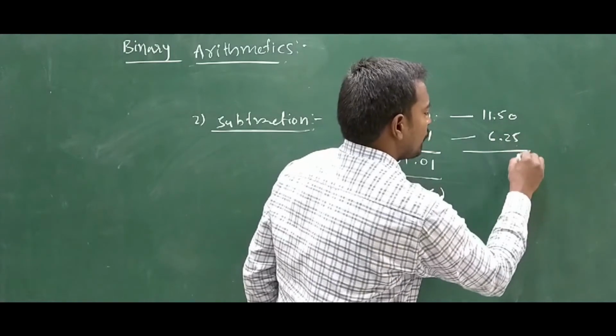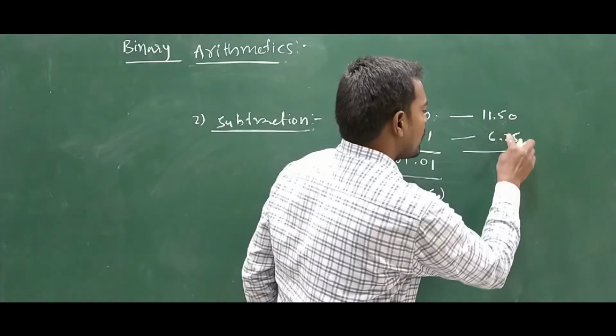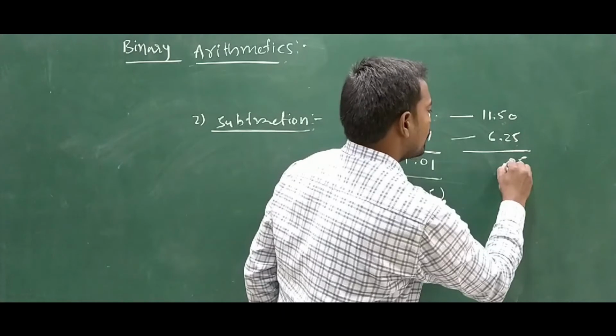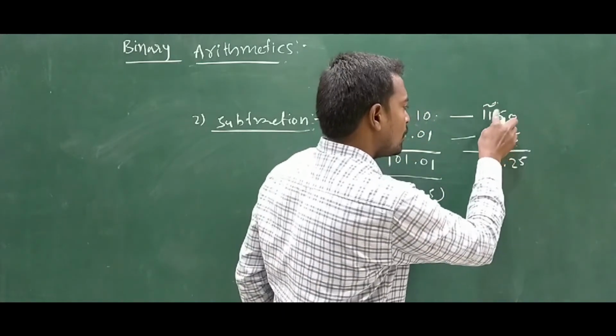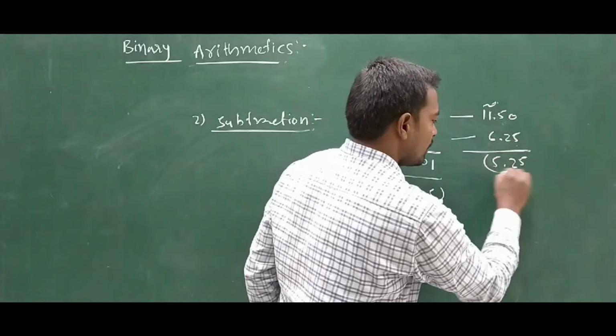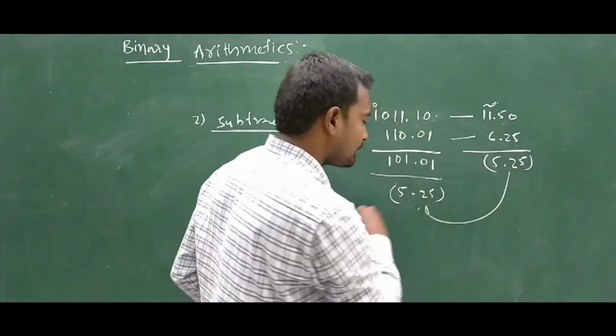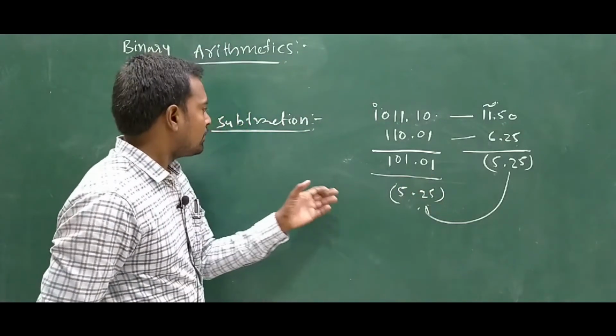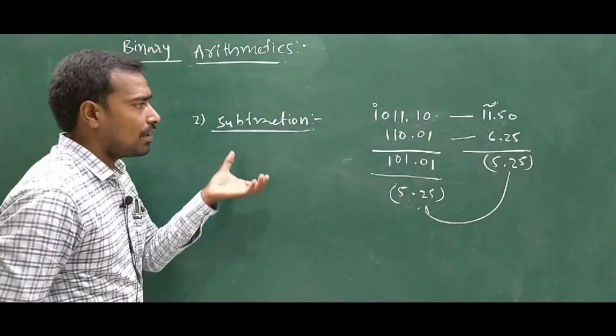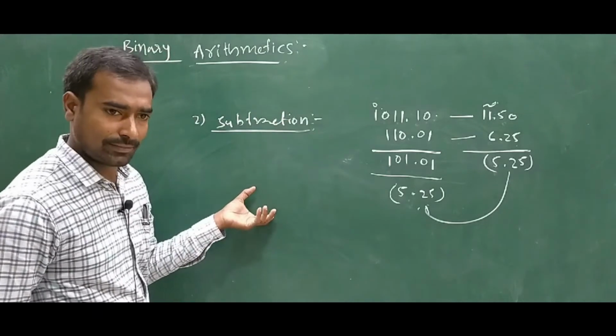And when we subtract the decimal equivalent values, we get 0 minus 5 is equal to 5, and 4 minus 2 is equal to 2, point 10 minus 6 is equal to 4 plus 1 is equal to 5. So here the value is exactly the same. So this is the subtraction of the binary operations.